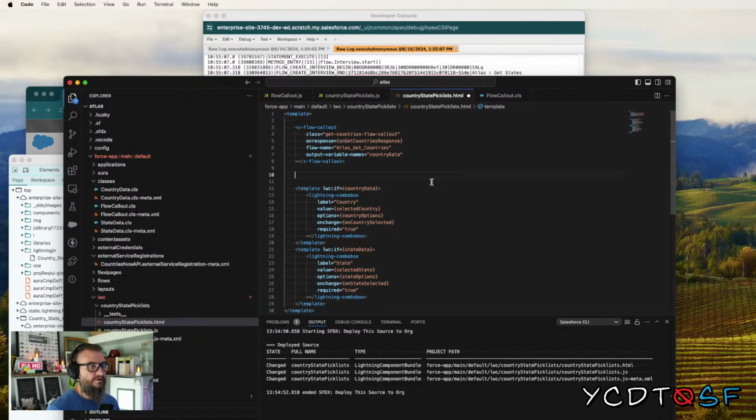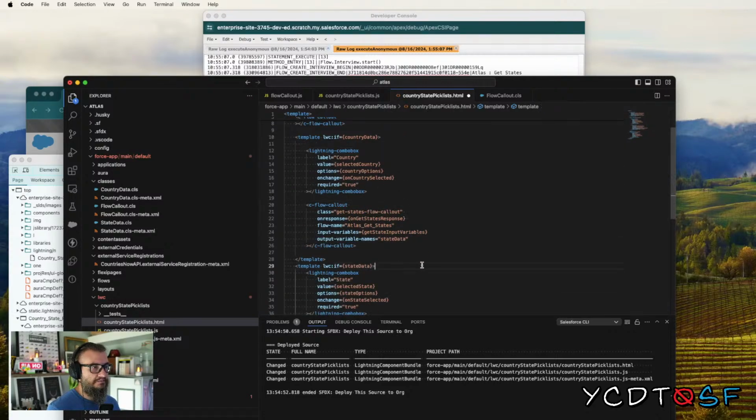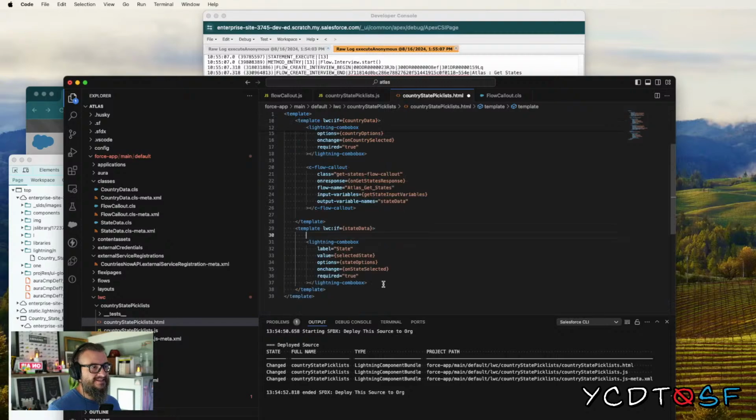Like, I kind of wonder if we put it inside the country data template, will it be cool because it sees it's got data there. This is my last test, and then if that doesn't work, then we have a little bit of